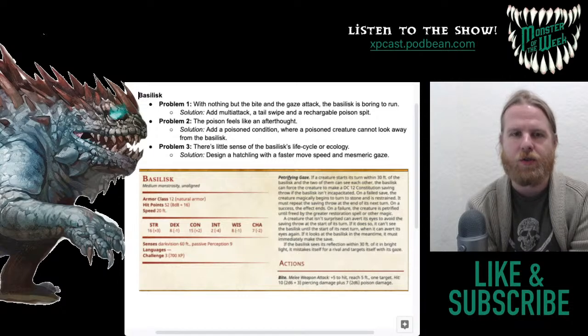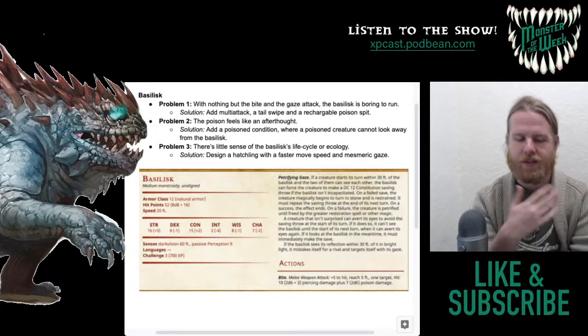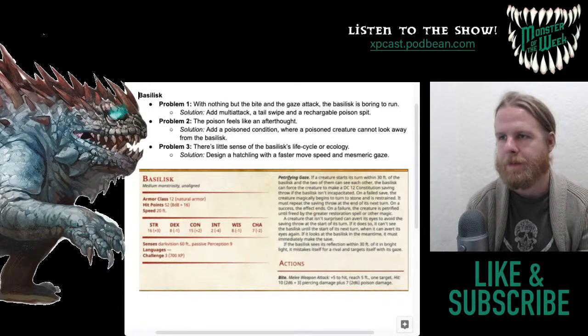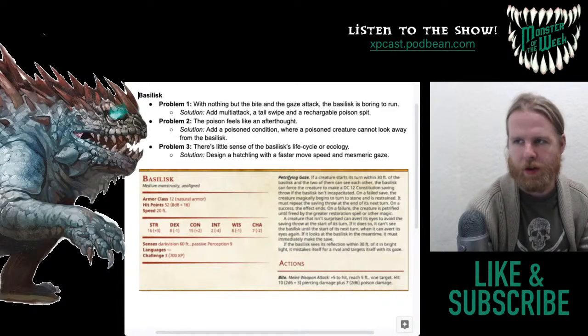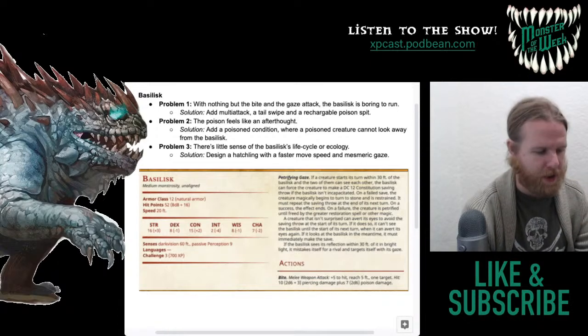So I kind of like that, the evolutionary thinking behind that, right? That they would do this in order to have a way to slow down prey, or a way to catch prey that refuses to look at them, right? It's kind of this adaptation that I like. And then lastly, we have problem number 3, which is that because we have so little lore space here,